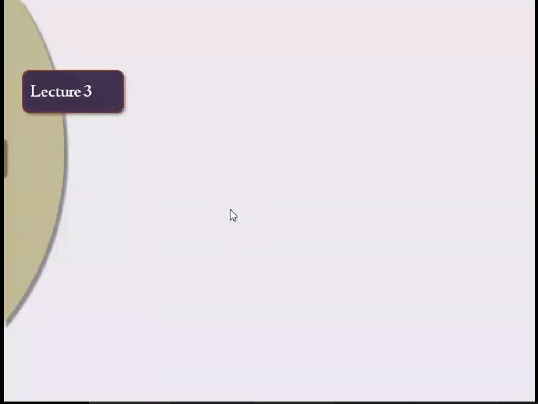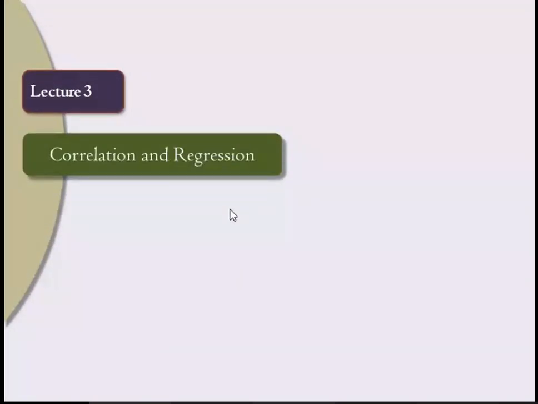Now we'll start with the third lecture. In this lecture, we'll see what is correlation and regression. Up till now, we have taken data in which we have a single variable x. But if we have data in which two variables are involved, x and y,